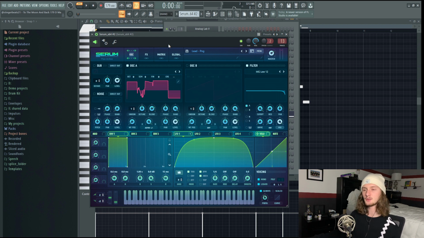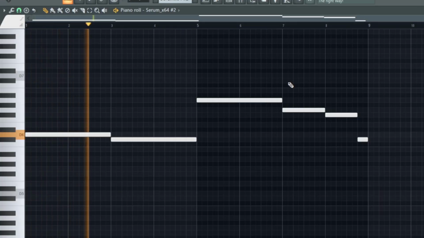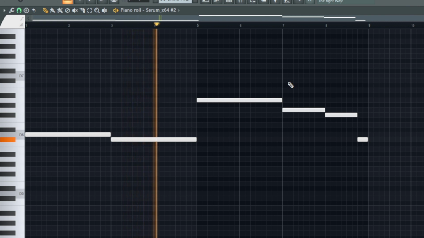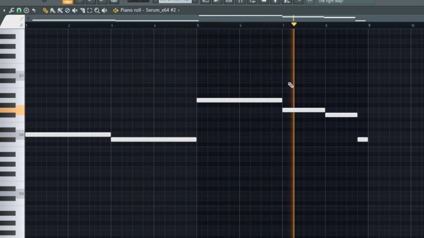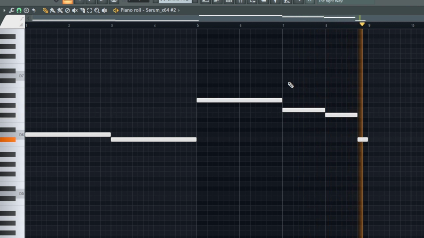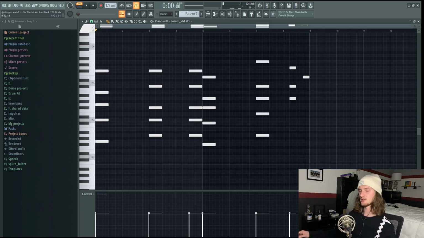For the drop, I integrate 2 new melodic components, and the first one being this custom lead that I made in Serum. And I have this one just playing a basic 5th harmony lead. And the next melodic component that I threw in is this very future bass-esque super saw. And this is what it sounds like.